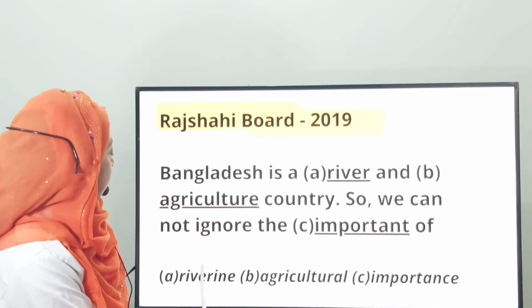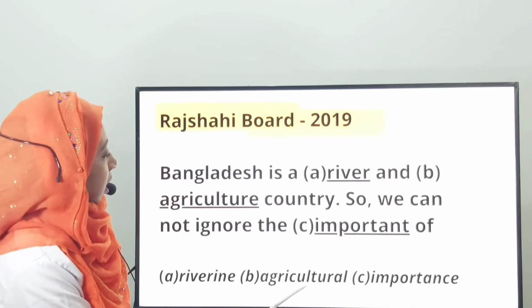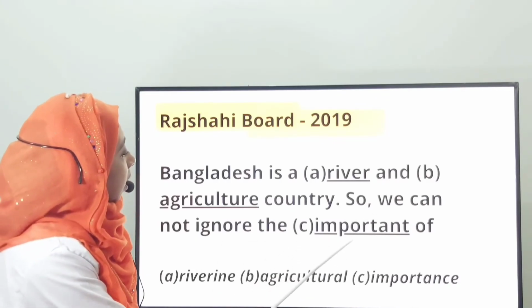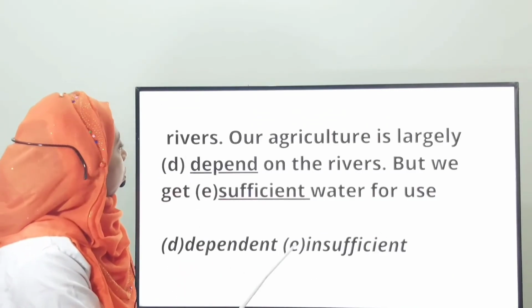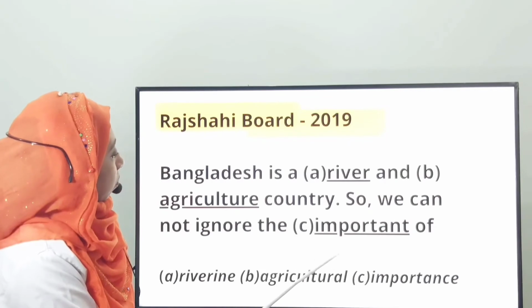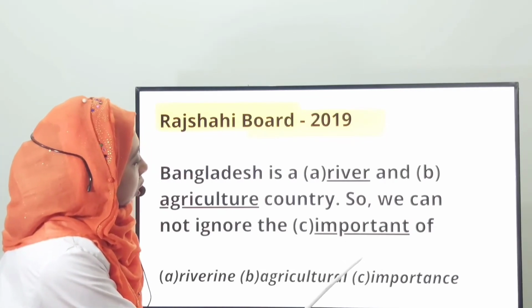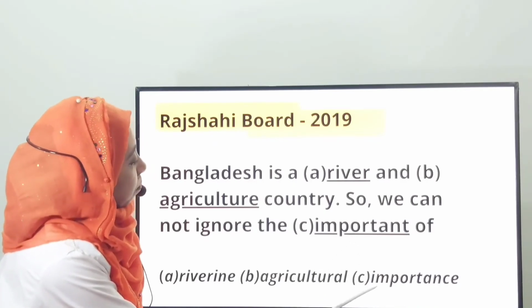After using the suffix, these words become riverine and agricultural. Then, so we cannot ignore the important of rivers. You know, important of, here for this word we will choose a noun. For that we change important into importance.